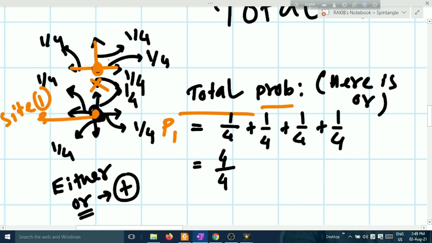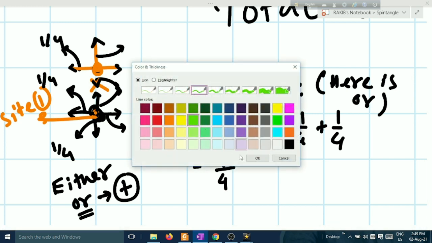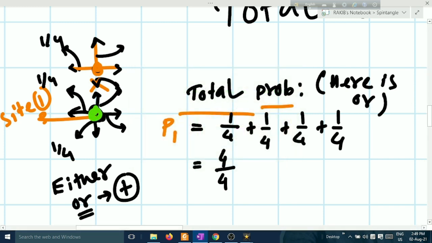Then you have reached, suppose you are reaching this point, take any point. I am removing this. Suppose you are starting from this point. Let me change the color. You are starting from this point, you are going to this point. This is the second site, and this is the third site, say. Now you are on the third site. Now what is the total probability? You cannot go this way.